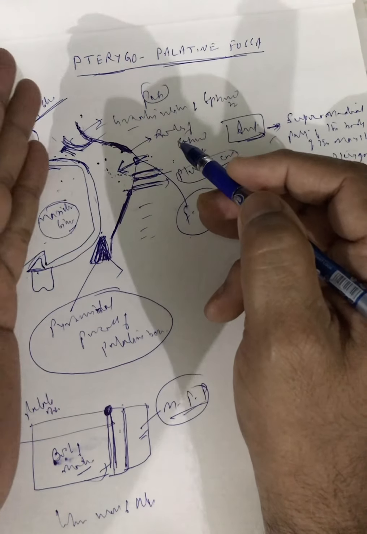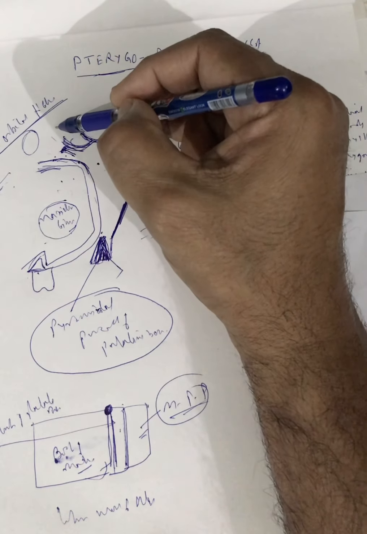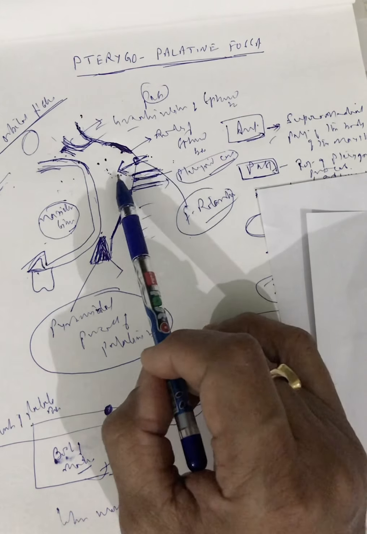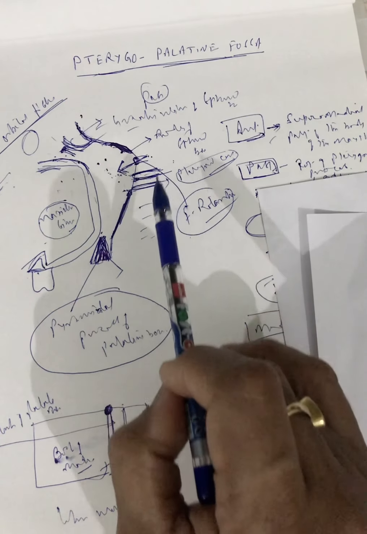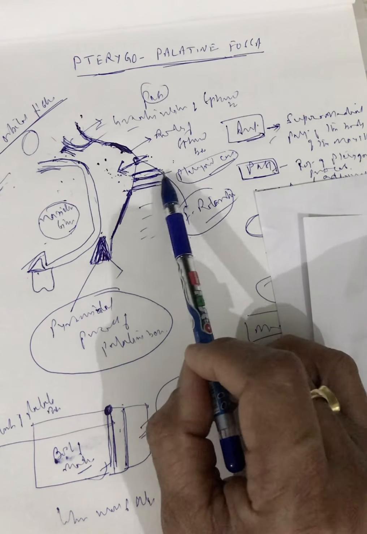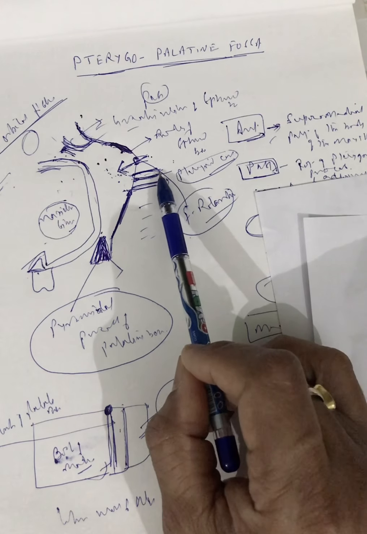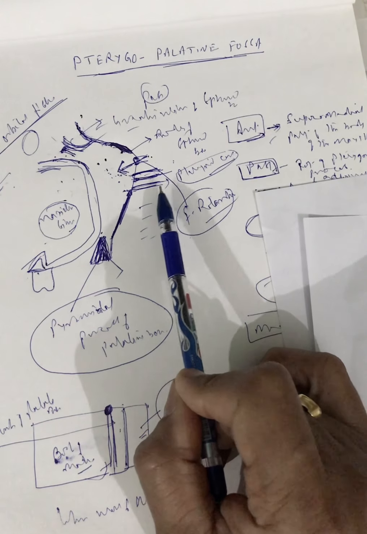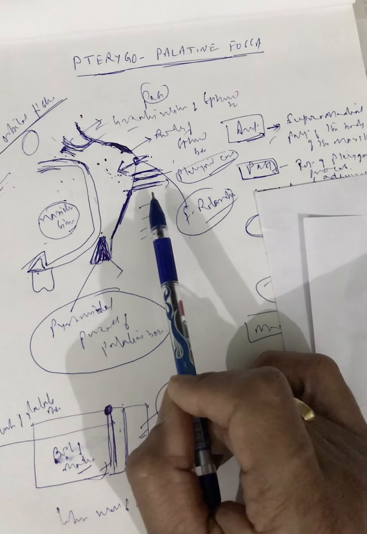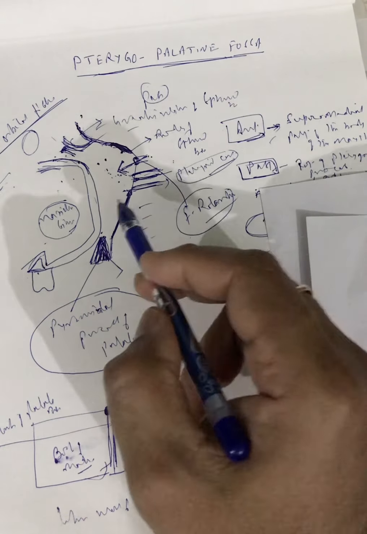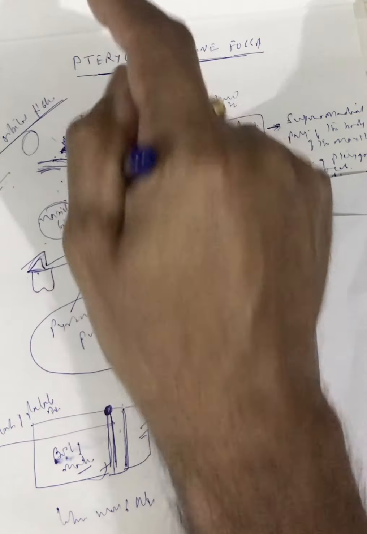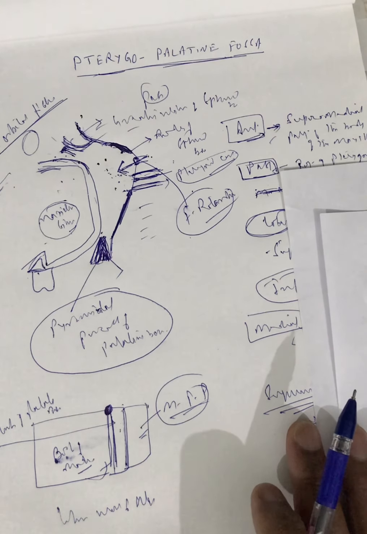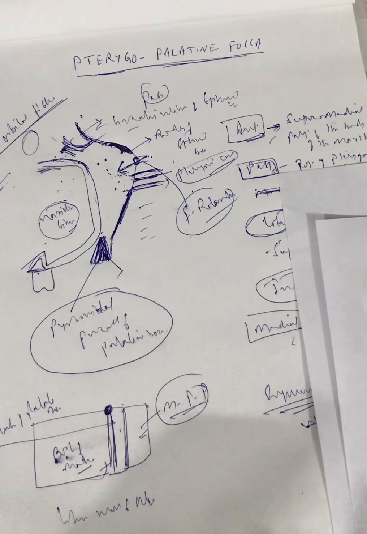So anteriorly it communicates with the infratemporal fossa and the orbit. Posteriorly it communicates with the foramen rotundum, through which passes the maxillary nerve from the middle cranial fossa. Then we have the pterygoid canal, through which passes the nerve of the pterygoid canal from the middle cranial fossa into the pterygopalatine fossa. And the third one is the palatovaginal canal, through which passes the pharyngeal nerve from the fossa into the pharyngeal region.